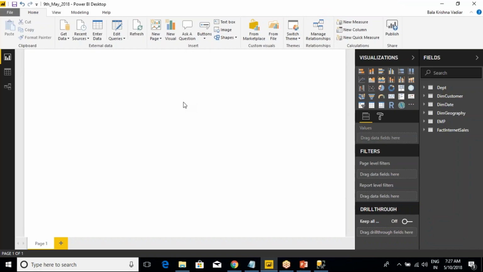Okay, so the next topic is we will try to understand how to take a new visual, and at least we will try to understand what a visual is. For example, I'm taking a simple visual like a card here. On the right side there are lots of visualizations available. You can take any one of the visuals. For now, I'm just going with the